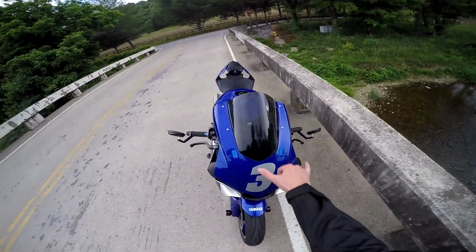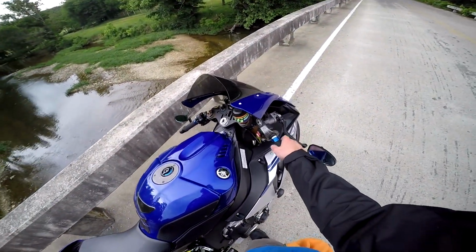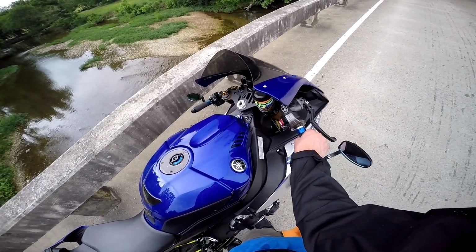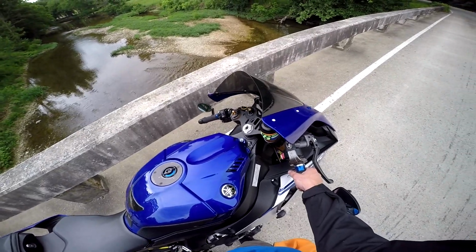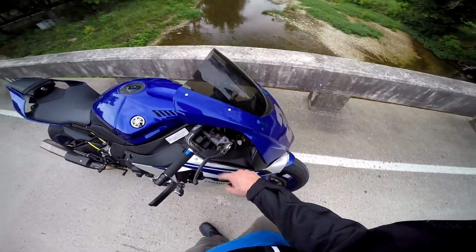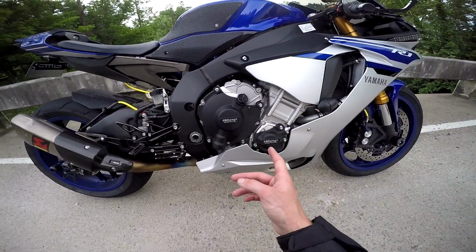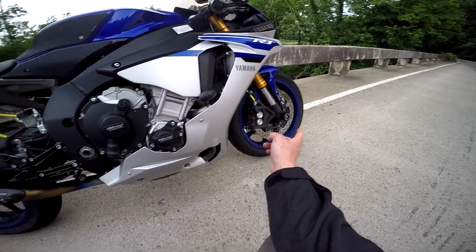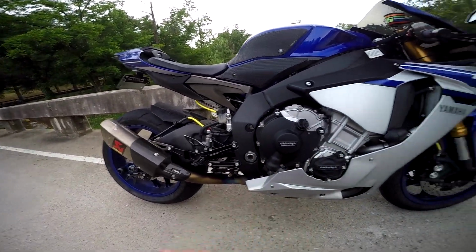Obviously, to start out, he's got mirror delete, got the bar ends. He's got a short throw throttle, so it takes less to get to full throttle, which is very, very nice. These grips are very nice as well. He's got Brembo up here. He's got clip-ons, some GB Racing covers on the side over here, stainless steel brake lines, RNG frame sliders, full titanium Akrapovic exhaust system, fender eliminator,